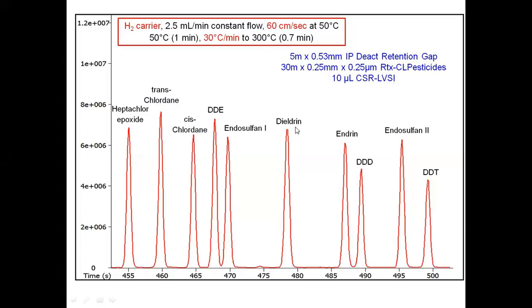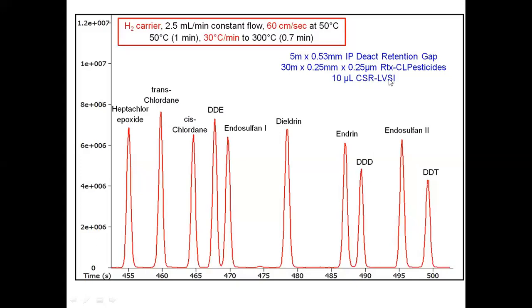So let you elute some solutes at one particular temperature. If you see that no other solutes are eluted at the same temperature, you further increase the temperature to elute the solutes one by one. So this is the condition, and this is the dimension of the column: 5 meter length, 0.53 millimeter internal diameter, and the column is also hyphenated with 30 meter by 0.25 millimeter, film thickness of 0.25 micrometer.